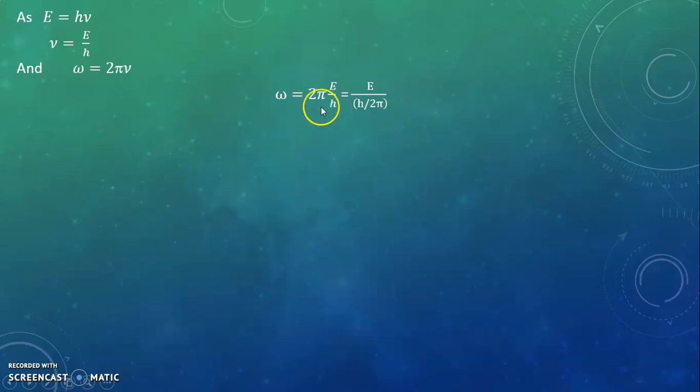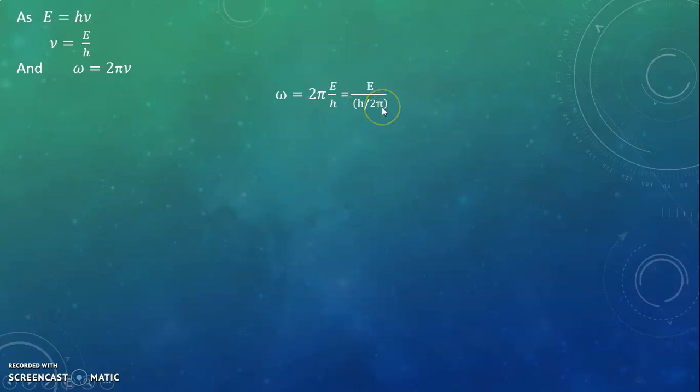Now this 2 pi is at the numerator. This numerator term we can write in the denominator as 1 upon that value. So this 2 pi we adjust here, so omega's value we can write as E upon h upon 2 pi.